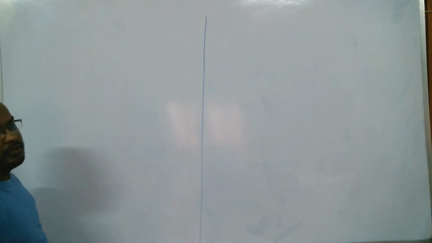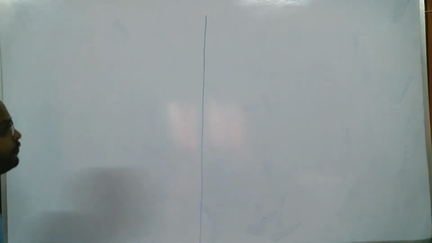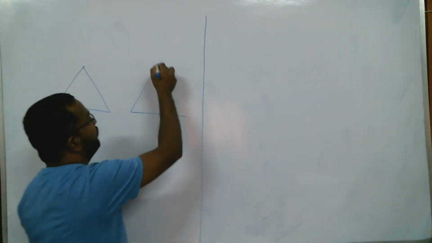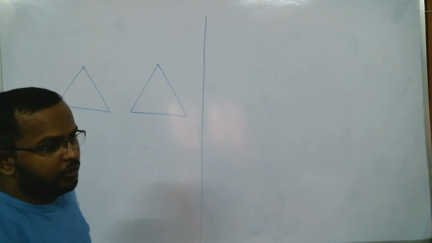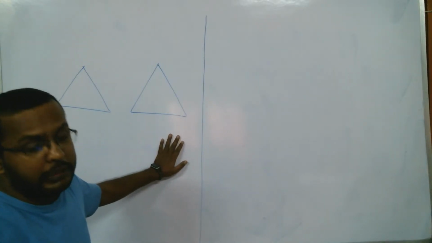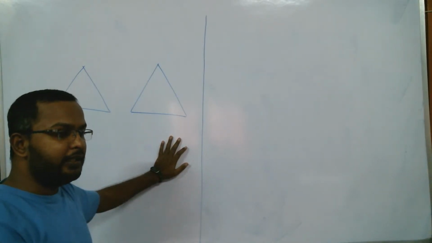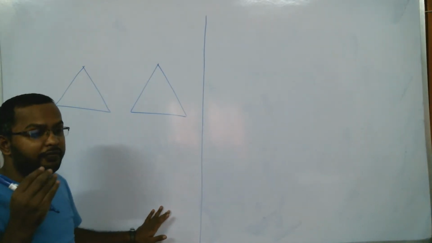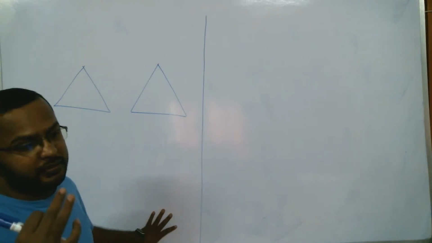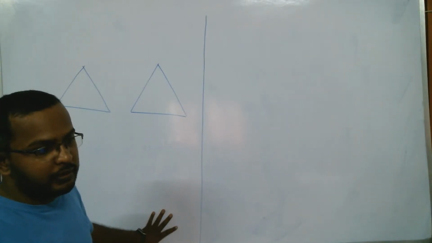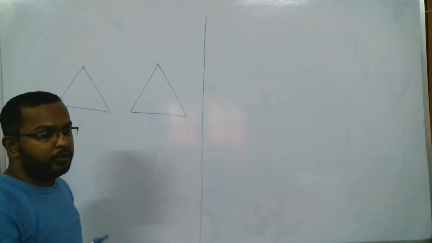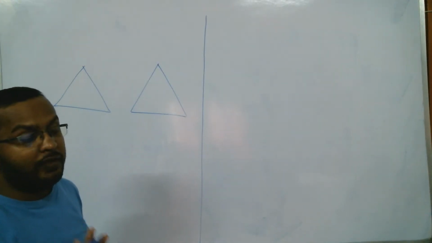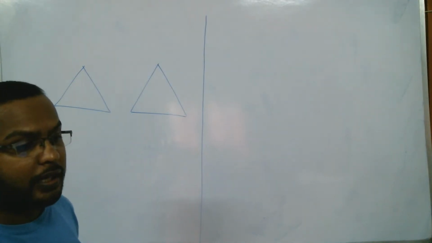First of all, we will discuss what is meant by congruency. Take any two triangles. First of all, we will take a triangle. Take any two triangles, and if you want to say that these two triangles are equal in terms of shape, size, sides, and angles, then we have some criteria. If these criteria are equal, then we can say that these two triangles are congruent